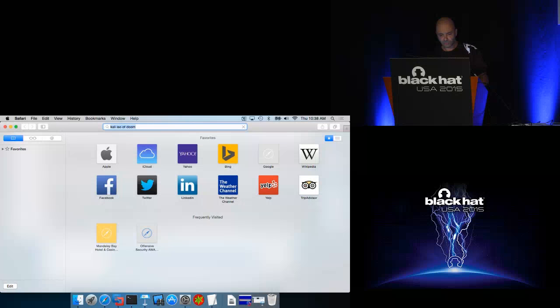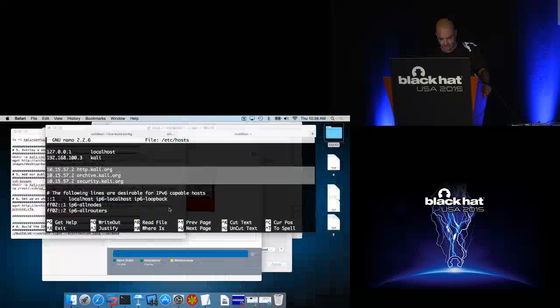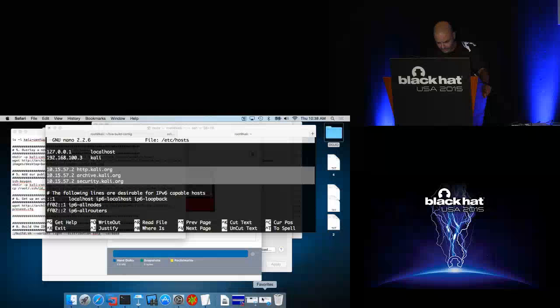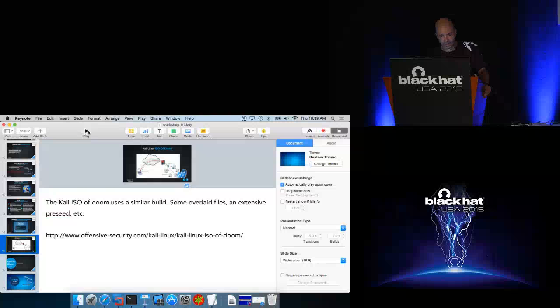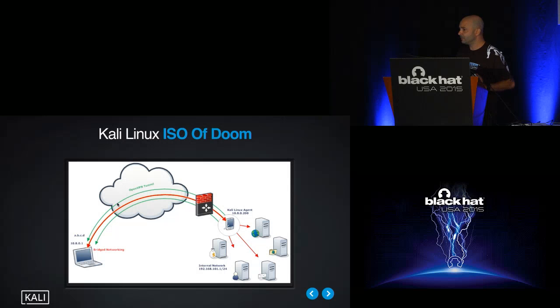ISO of Doom. Check this bad boy out. Actually, I might not have internet access. I actually have a slide of this, so I'll describe it instead. If you Google Kali Linux ISO of Doom, you'll end up finding a blog post that talks about something like this. And this is a live build recipe which